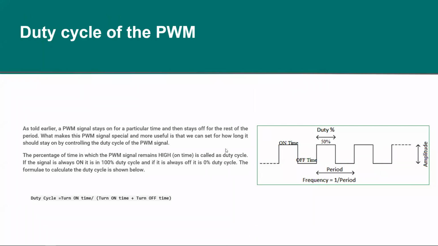So this is the actual math behind this thing. See, turn on time. This is the fraction of the turn on and turn off time. So the formula is like on time and the time period, like on and off times, right? The time period. So that is the formula for duty cycle. You are not going to need that. So anyway, take this idea only, that is just enough for you.